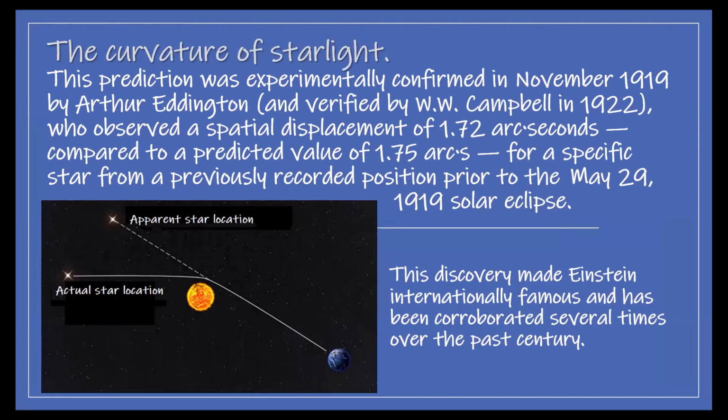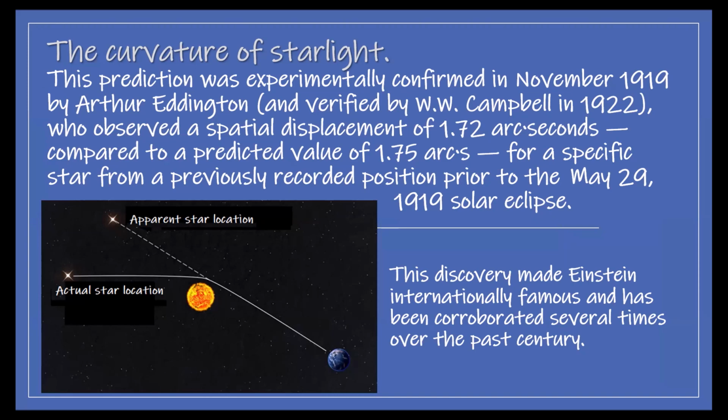So one of the key elements of the curvature of space-time is if you have a really large mass like the sun, and you've got between the Earth and where the actual star is located, the path of light from that star is going to be bent around the sun. And that's a prediction that Einstein clearly made, and Arthur Eddington calculated, and he said, you know what, I'm going